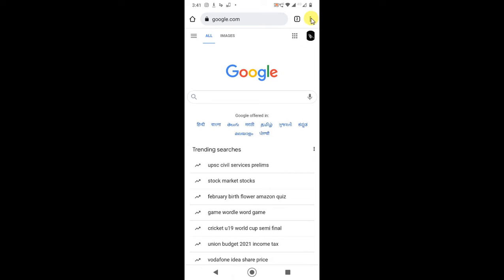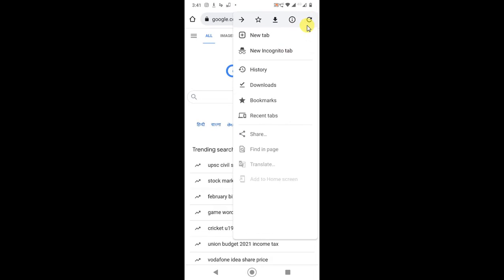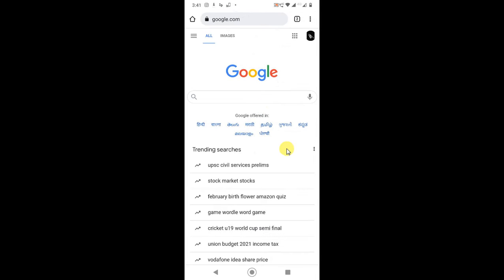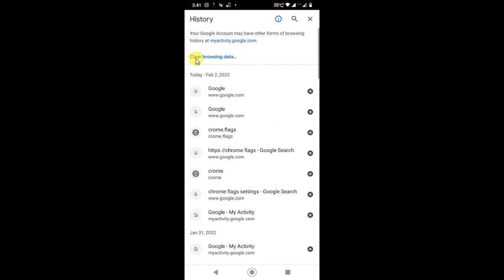You have to go to this three dot option, and now go to History. In History you can see there is the Chrome history. Okay, so this is your browser history. You can delete it easily, but if you want to delete this search bar history, you have to go to my Google account, click on this link,